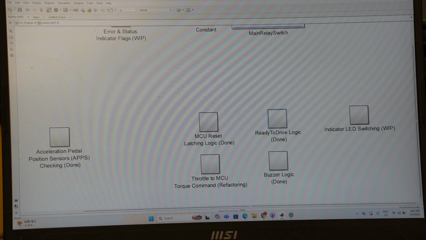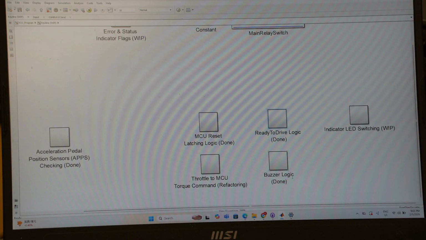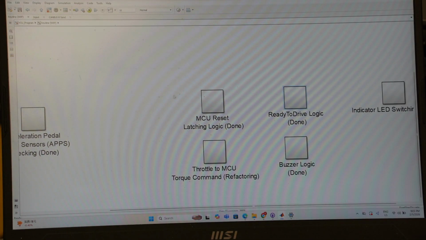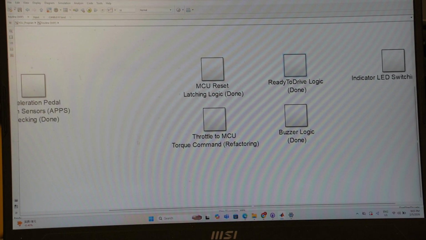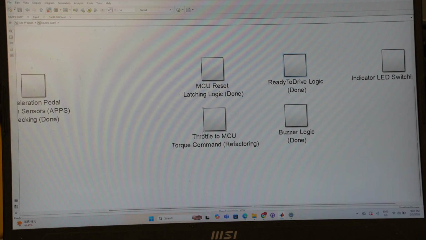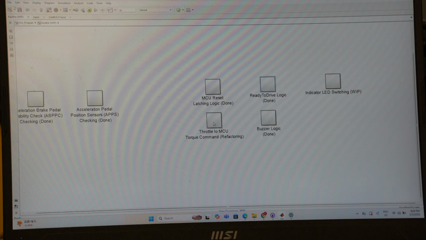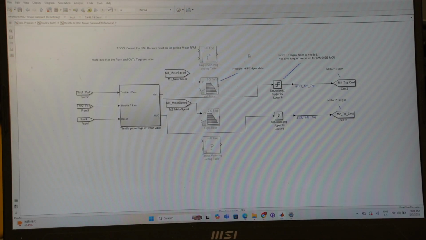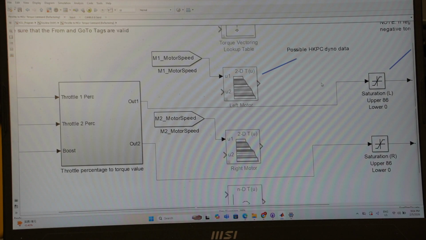And also the buzzer logic, this is for the buzzer sound for the car entering the ready to drive mode. You should also know that if you have read the book. And also the MCU reset latch, and also the conversion from the throttle value to the hot command value is all for this part here. Oh, by the way,